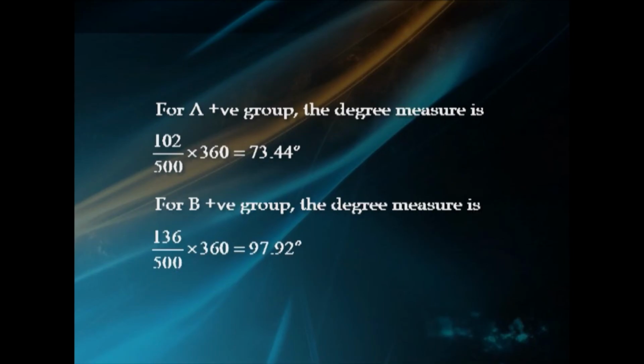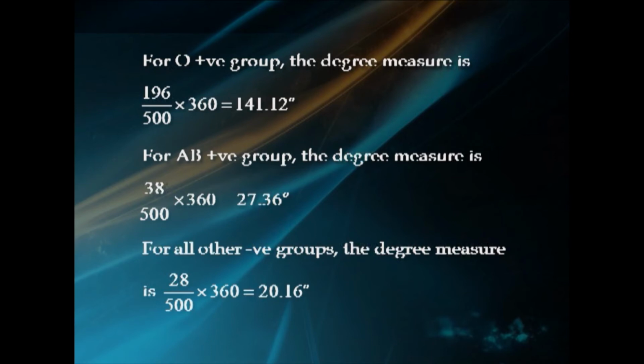For the A positive group, the degree measure is 102 divided by 500 into 360, which is equal to 73.44 degrees. For the B positive group, 136 by 500 into 360, equal to 97.92 degrees. For the O positive group, 196 by 500 into 360, equal to 141.12 degrees. And for the AB positive group, 38 by 500 into 360, equal to 27.36 degrees. For all other negative groups, 28 divided by 500 into 360, equal to 20.16